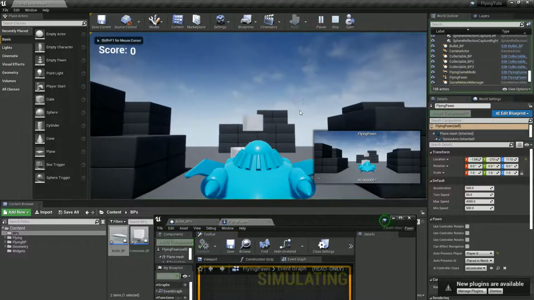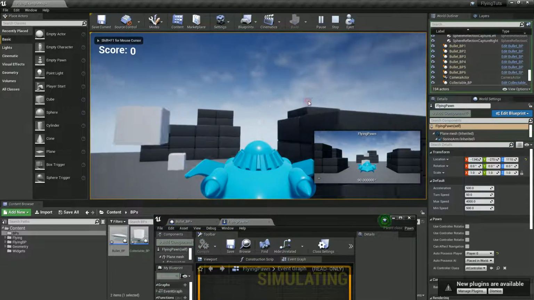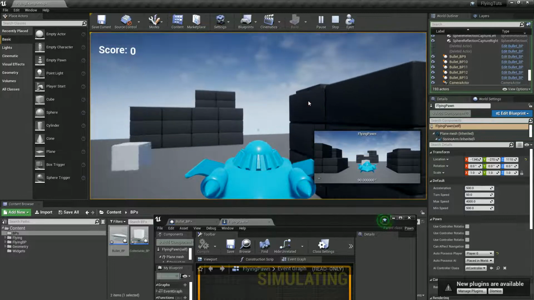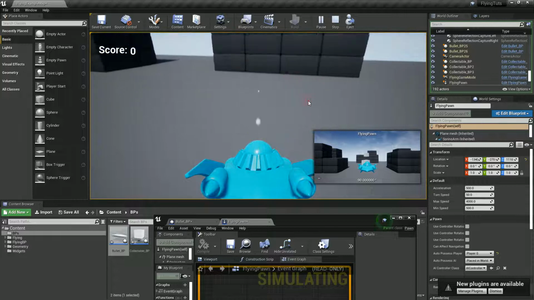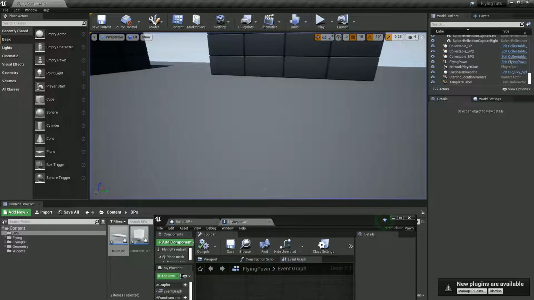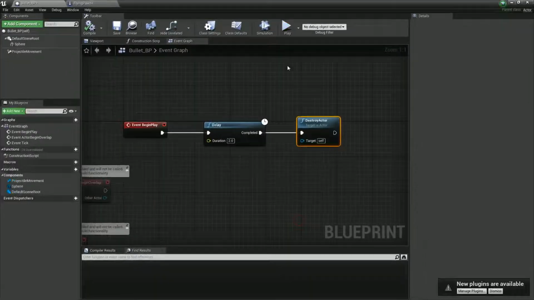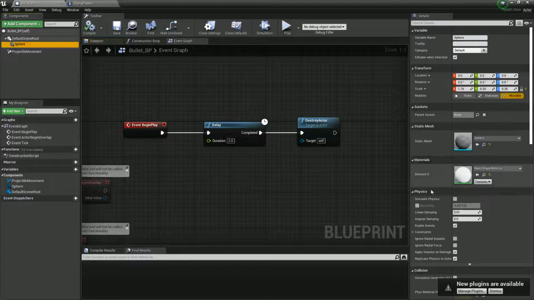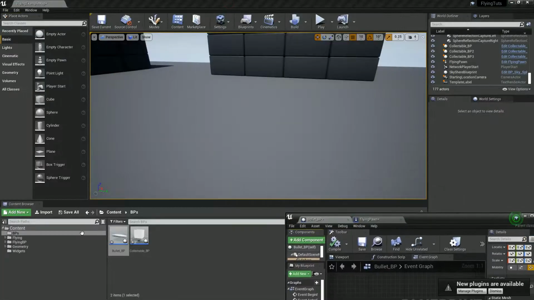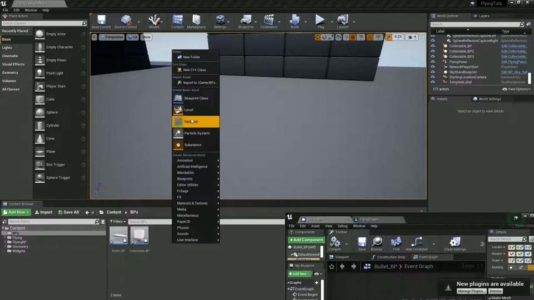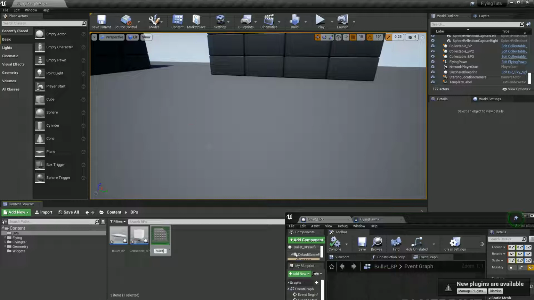So once we fly, we can see if we press the shoot button, we're firing a bunch of these bullets, which look all right. Because I turned off collision, they're not bouncing off the floor or anything. You could set your collision back if you wanted to on the sphere, but let's actually make them look a bit prettier. So I've not got a materials folder, so I'll just quickly create a material here for it, and that's going to be our bullet material,